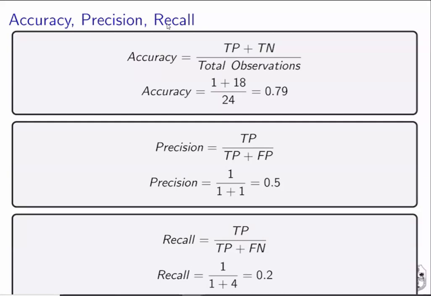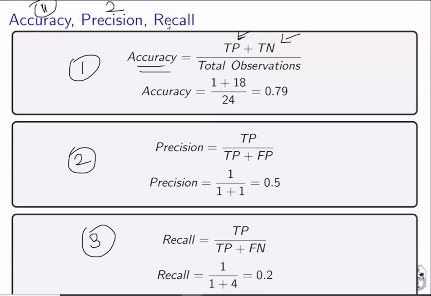Now, in this slide, we are going to define a few additional metrics that are used to evaluate the performance of a classifier that we have built. Here, we have built a classifier using the logistic regression modeling technique, and there are three different metrics which you can use to evaluate the classifier: accuracy, precision, and recall. In the previous slides I defined what true positive and true negative mean.